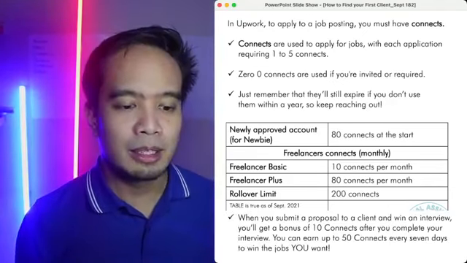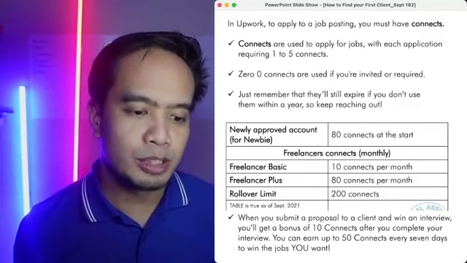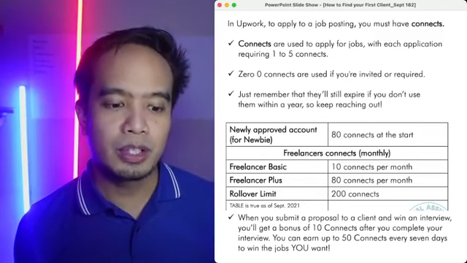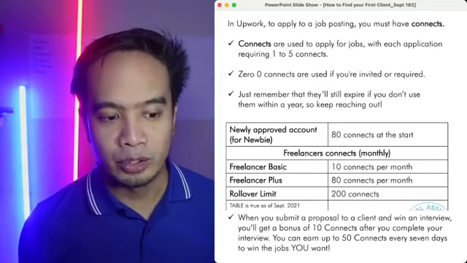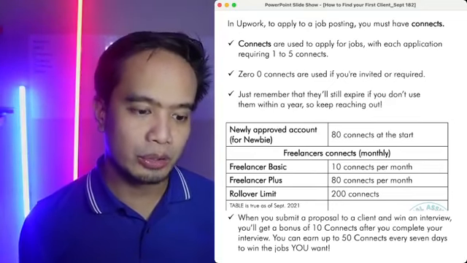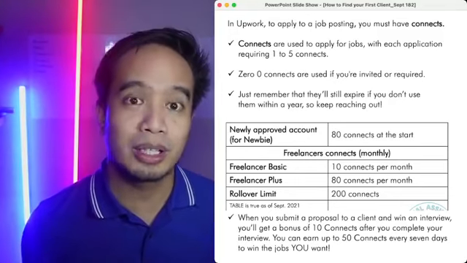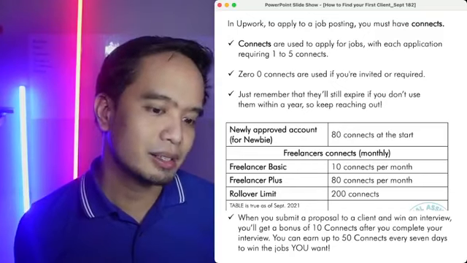Okay, when you submit a proposal to a client and win an interview, you'll also get a bonus of 10 connects after you complete your interview. You can earn up to 50 connects every 7 days to win the jobs you want. So, yun, if siniseryoso nyo yung application nyo, yung cover letter nyo, and makuha ng attention ni client, then you get a bonus 10 connects because may interview ka, diba?